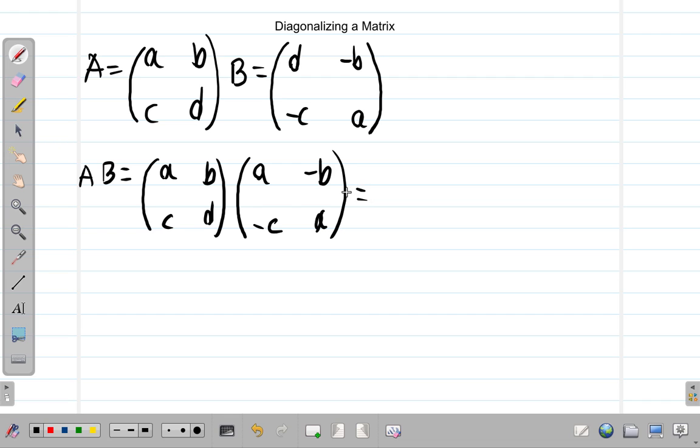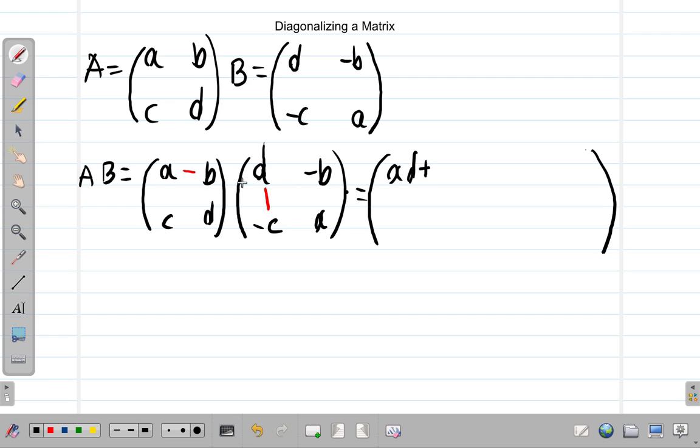So remember, when we multiply them out, the element that will come here in the answer is in row 1, column 1. So we must multiply row 1 by column 1. Now, multiply the first elements. It's A times D. So it's AD